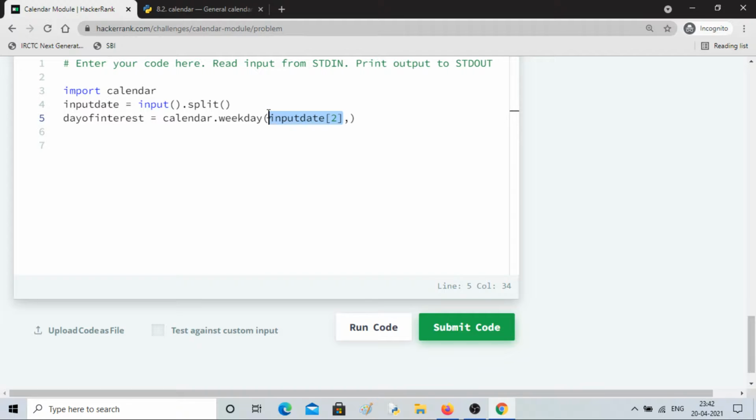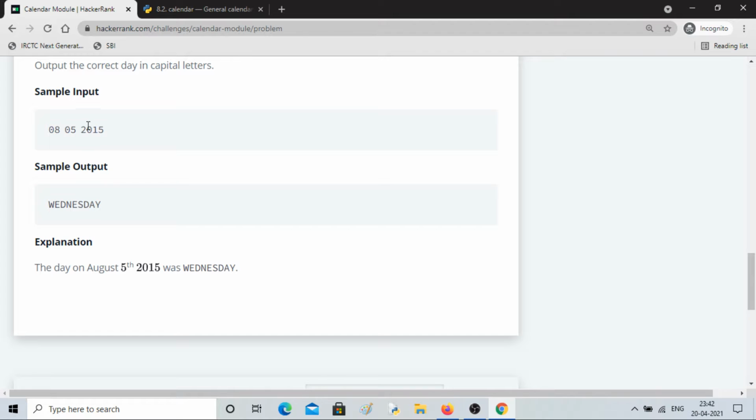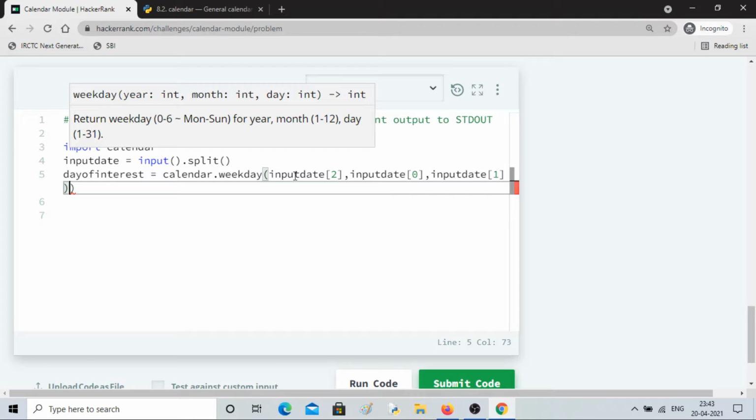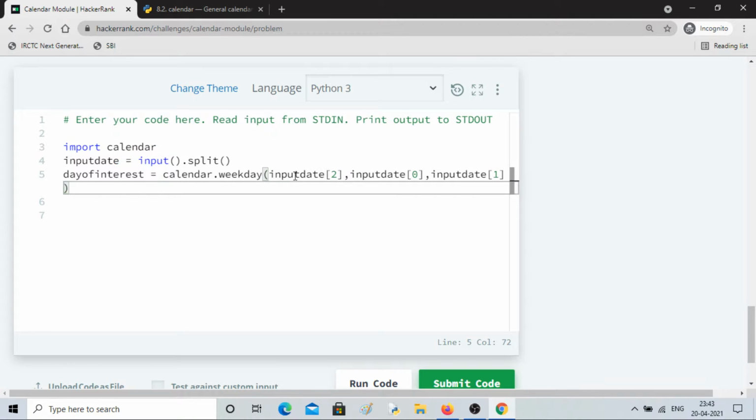I'll take this and paste it. So month comes in first, meaning index 0, and then day is index 1. So it's in list form, right? That's why I'm doing it in this fashion. The bracket was already there.